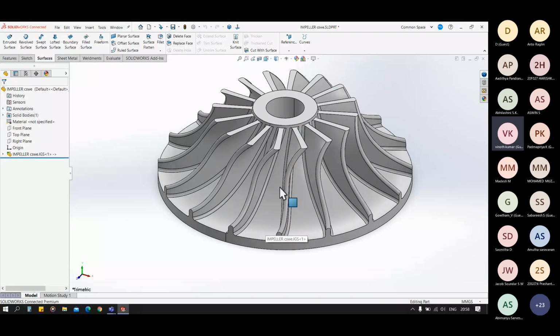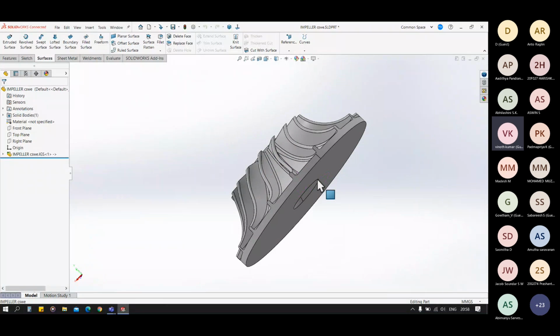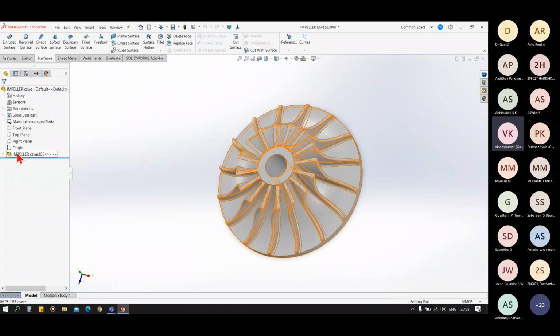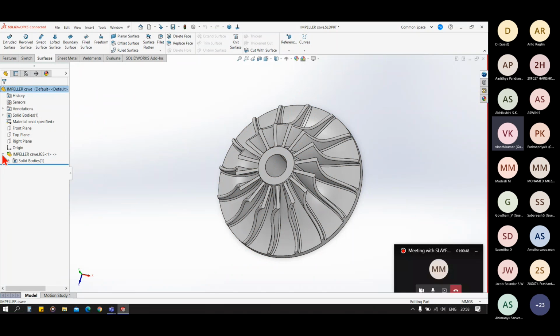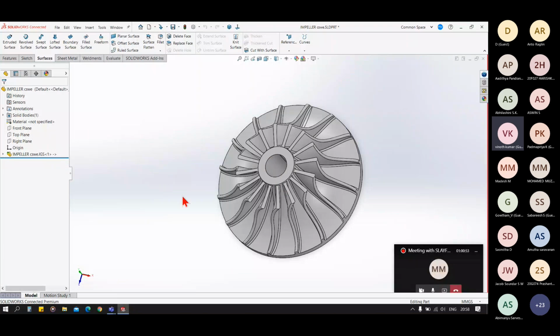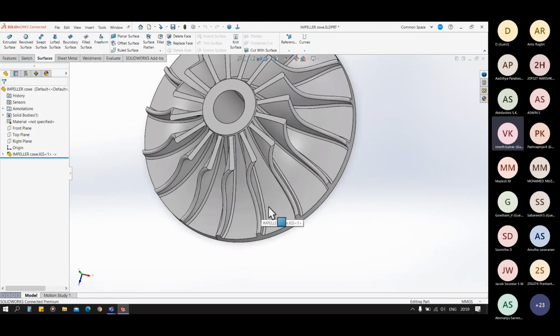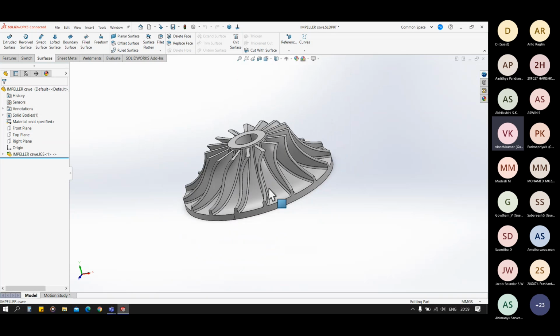Now you can see that I have this turbine blade, but I don't have a feature manager tree so that I can modify it. So in this case, surfacing tools help us a lot to do the modification.